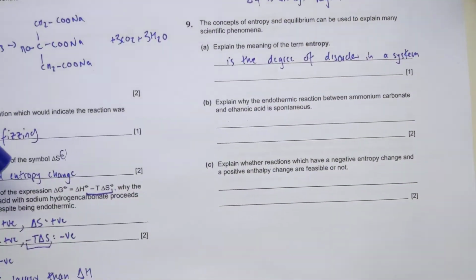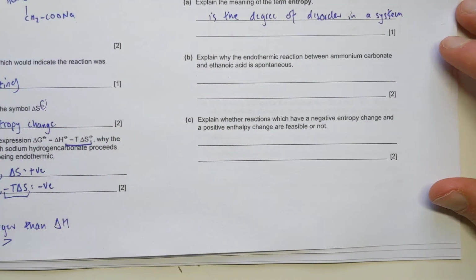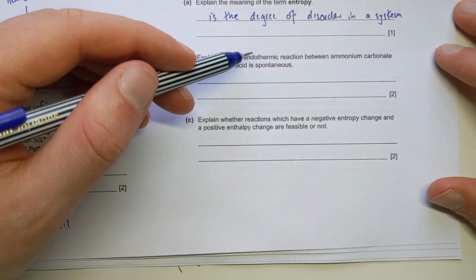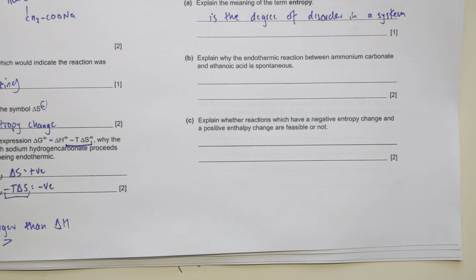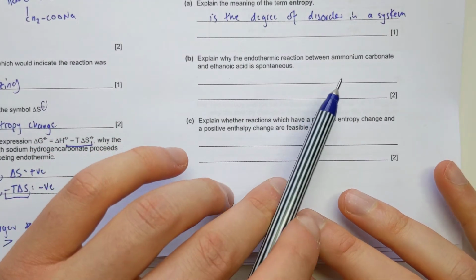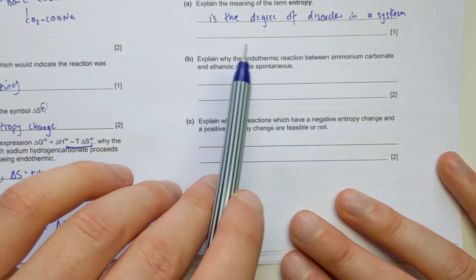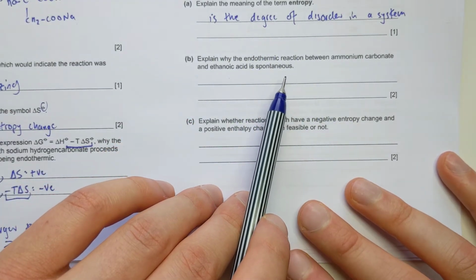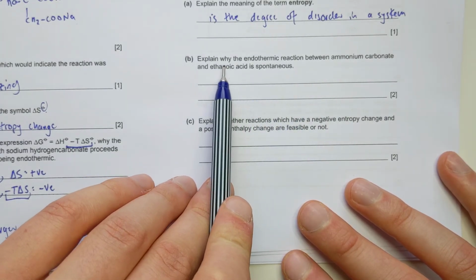Explain why the endothermic reaction between ammonium carbonate and ethanoic acid is spontaneous. So it's kind of a contradiction of terms here. Remember, endothermic is generally unfavourable, but somehow it ends up being spontaneous and favourable to do. We're not given a lot to go off here, but basically you have to read between the lines and look at this equation here. It's a carbonate reacting with an acid. That's going to make CO2, which is a gas. Any reaction in which you're making a gas from a solid and a solution is always going to have a